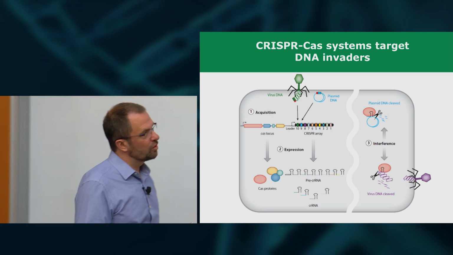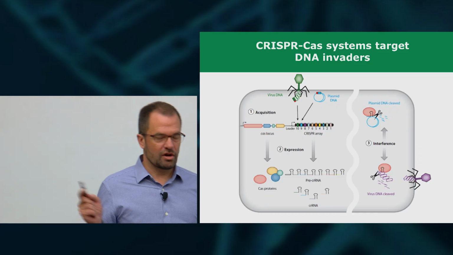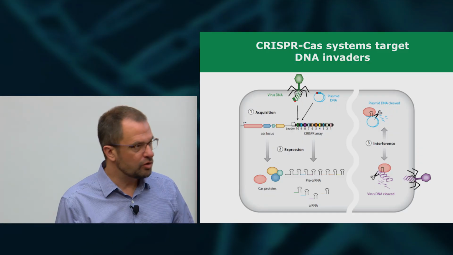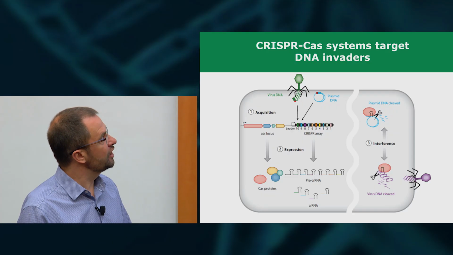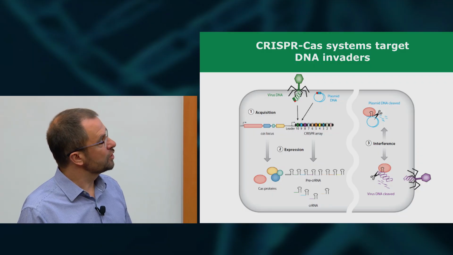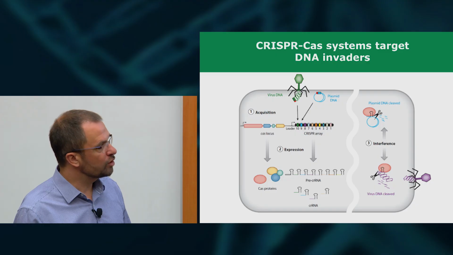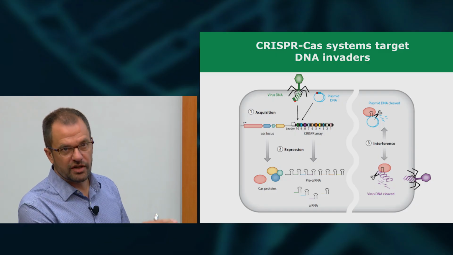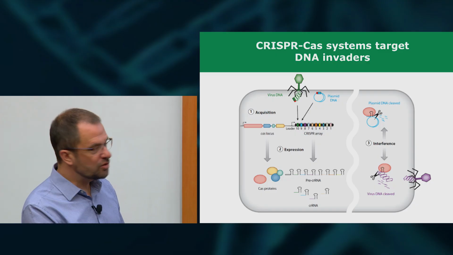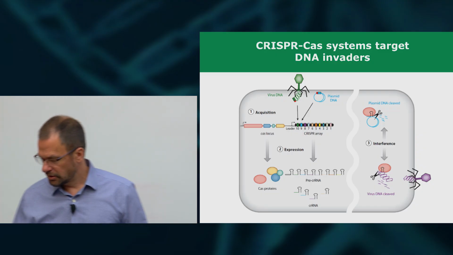So we said, well, plant viruses cause a huge loss in crop productivity every year. What if we just insert Cas9 into the genome along with some guide RNAs that target plant viruses? Maybe we can take this bacterial immune system and use it in plants.